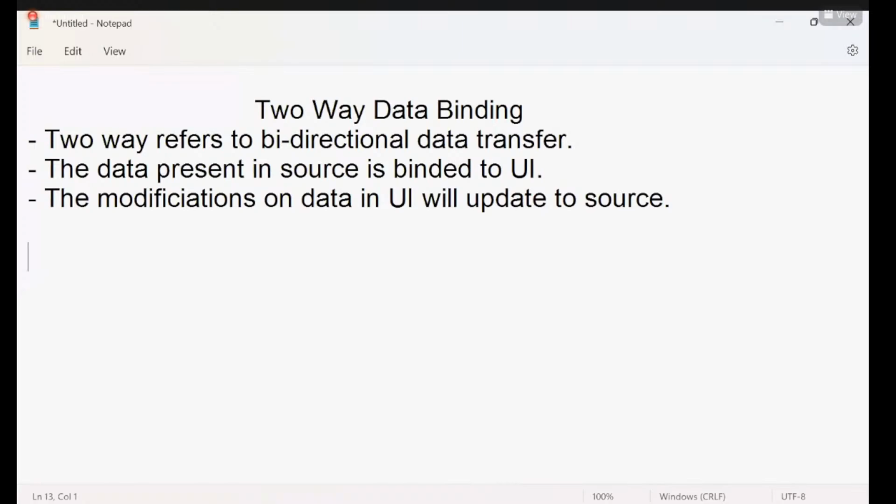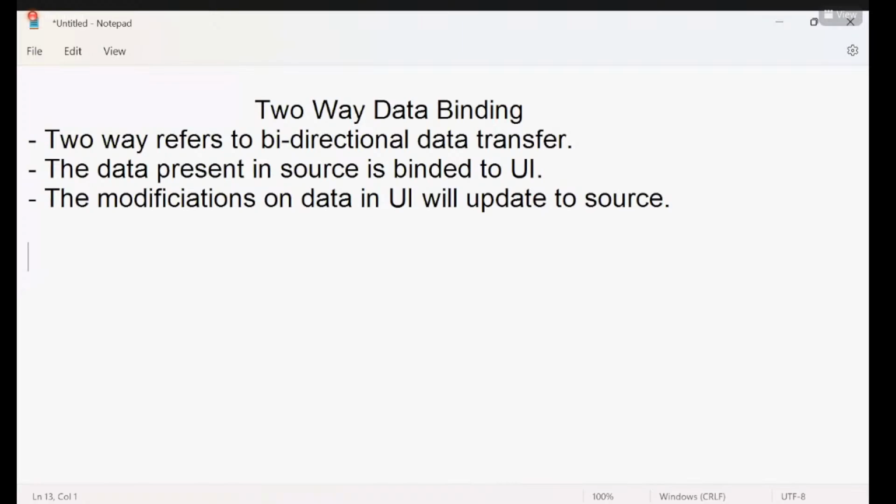Here I am using input type equal to text, and you can see I am using square brackets and parentheses, and ngModel